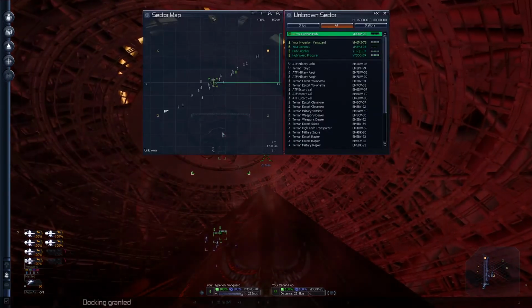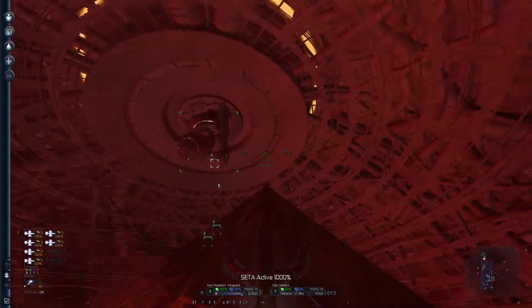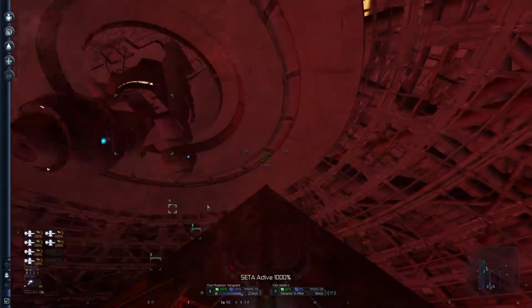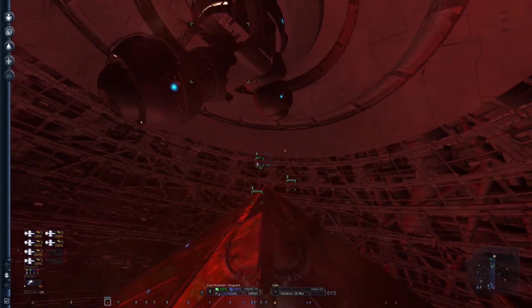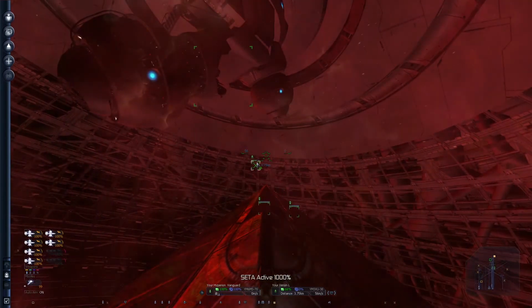Docking granted. Command accepted. L. How fast is that L? It goes precisely 56 meters per second. Wow. L. Oh, it doesn't need to go very fast. And when it comes time to actually move...